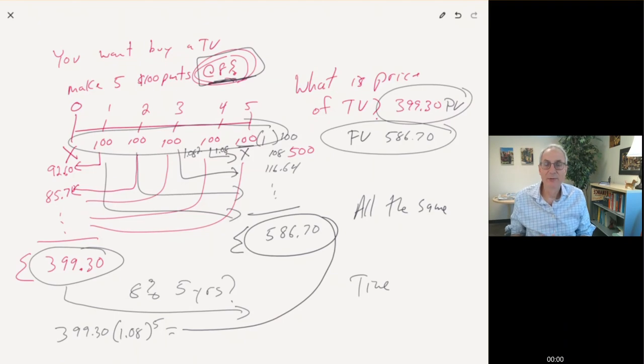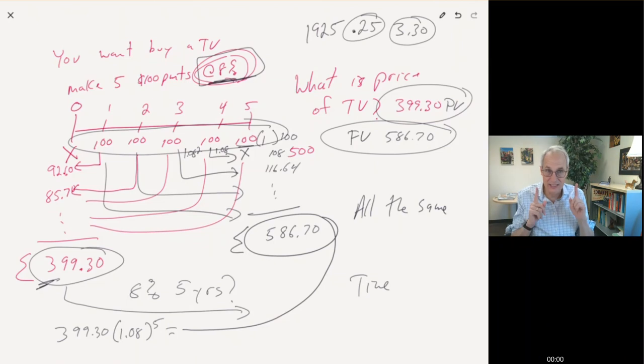We're looking at money, which is why we call it time value of money. So today, the price is $399, the value is $399. In 5 years, it's $586. Over time, it's $100. It's like saying that in 1925, gasoline was 25 cents, and in today's world it's about $3.30 or something. I forget the exact numbers. But these two numbers are in essence the same. They're at 2 different points in time. So we have present value, we have future value, and then we have payments. Payments are not either present or future. They're just over time, right?